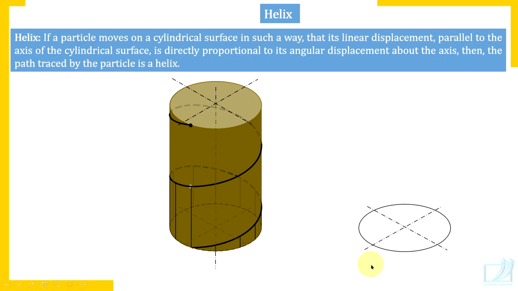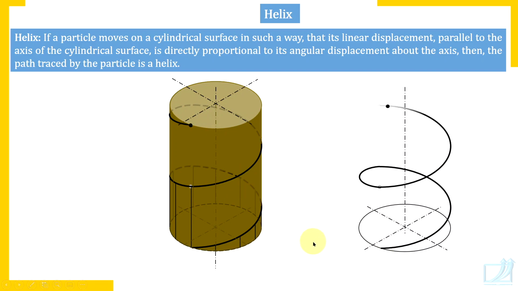Now watch here. Same curve I am going to show. But in this case, I am showing a particle moving in space on an imaginary cylindrical surface. That means there is no real cylinder. So check, here is the particle and it starts moving. And of course it is the same curve. But one important thing you should understand here. That is, there is no cylinder here, and therefore there is no hidden portion of the curve.